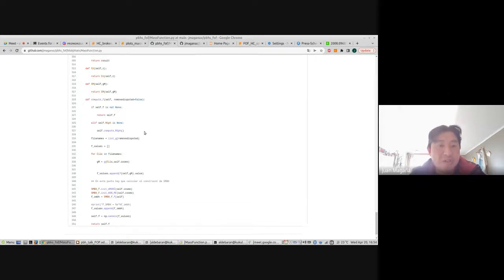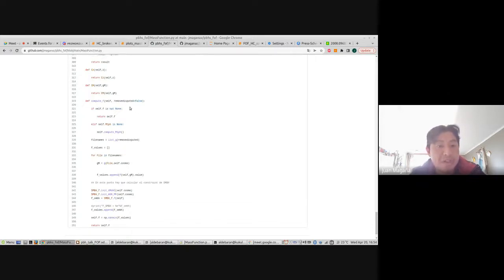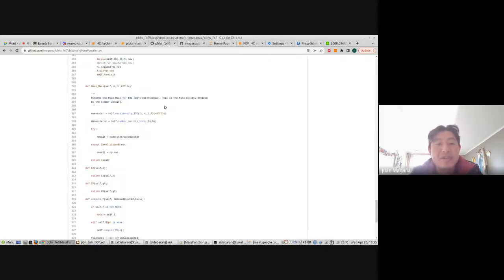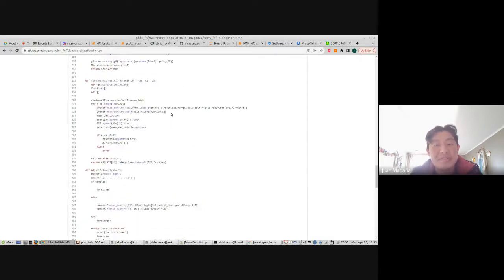And also here we can remove the disputed one, or we can consider all the monochromatic constraints. I don't know if we have more questions or comments about the code.